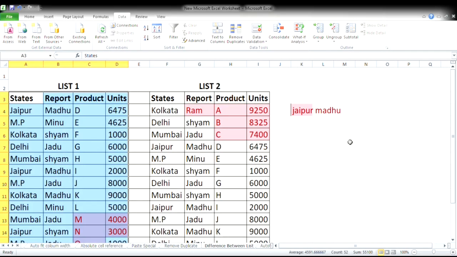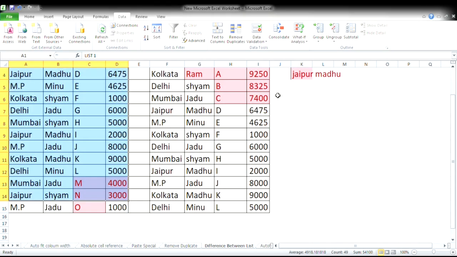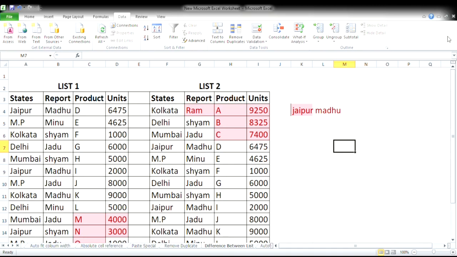How will we differentiate a list? Suppose there is a list 1 and list 2. There are two lists, and you have to find out the difference between list 1 and list 2. How will you do that?